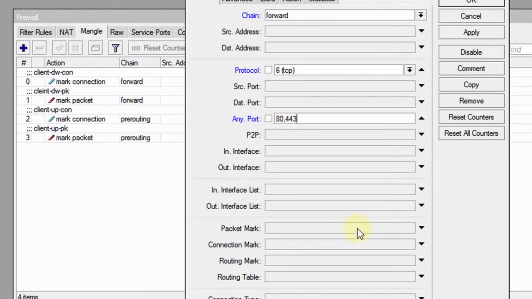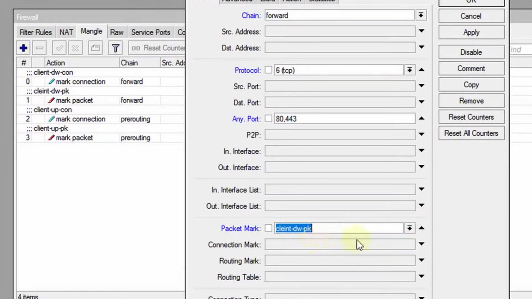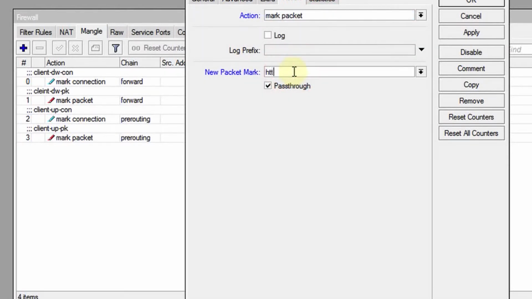And then for the packet mark, we're going to use all the download packets. We're going to mark those that meet this criteria, which is any download traffic that is using port 80 or 443. And then action mark packet, I'm going to call this HTTP download packet,